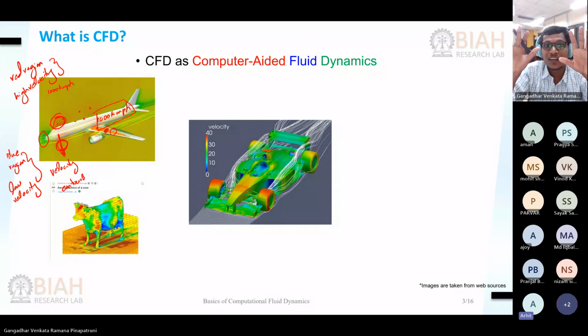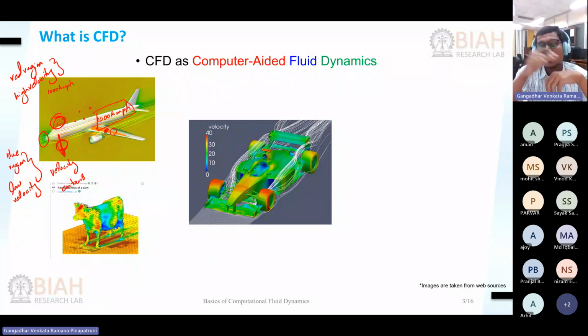Sir, if we set the frame of reference, the fluid will be moving. Yes, you have to set the frame of reference. In your frame of reference, to make the audience feel that the aeroplane is flying, he only captures the aeroplane and moves his camera in such a way that the aeroplane is moving, and gives some animation that the fluid is coming over the aeroplane, right? Here, our primary objective is to